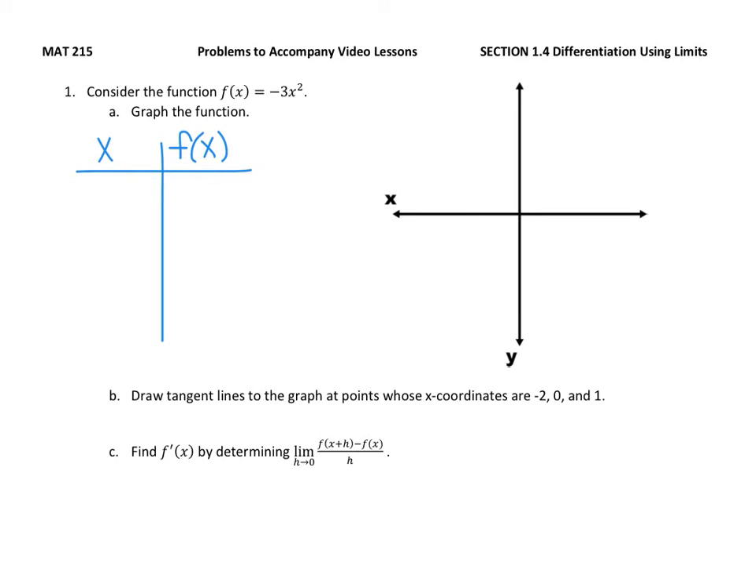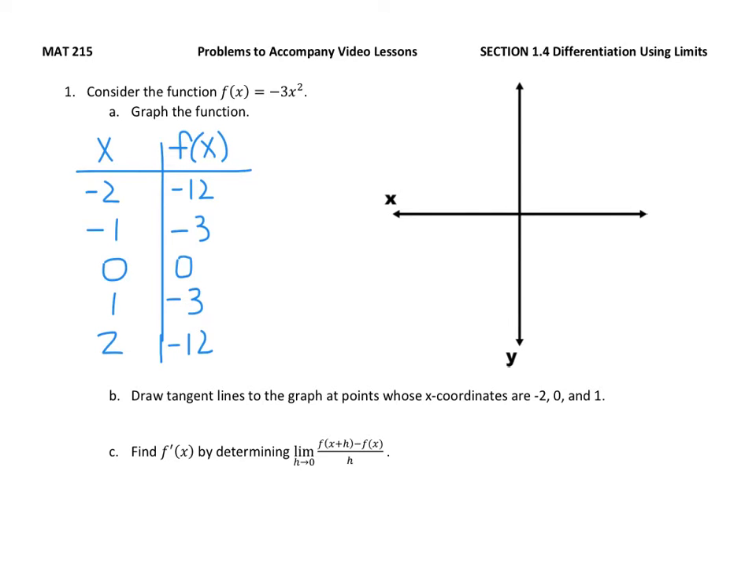Let's begin by considering the function f of x equal to negative 3x squared. We're going to start by graphing this function. It's likely that you may already be familiar with what this function looks like on a graph. The graph of x squared is a parabola opening up, and then with the negative 3 up front, the negative is going to flip it over the x-axis